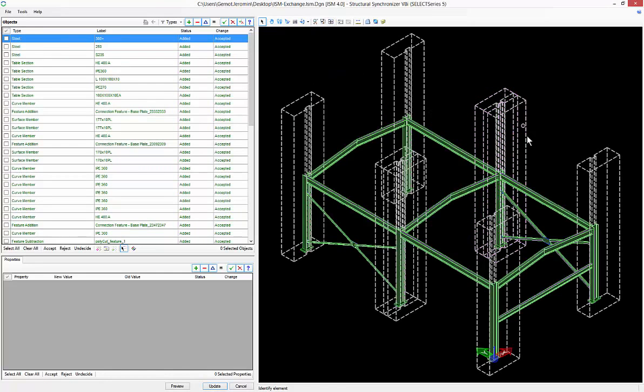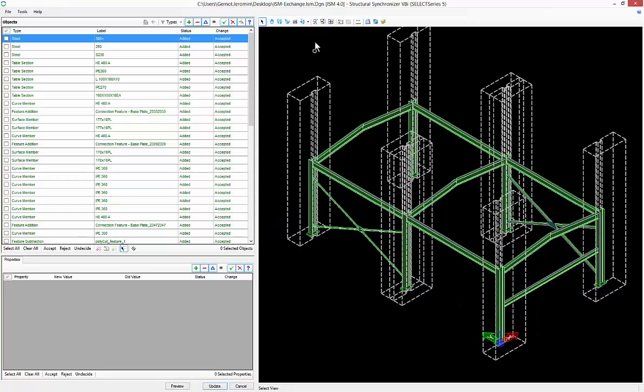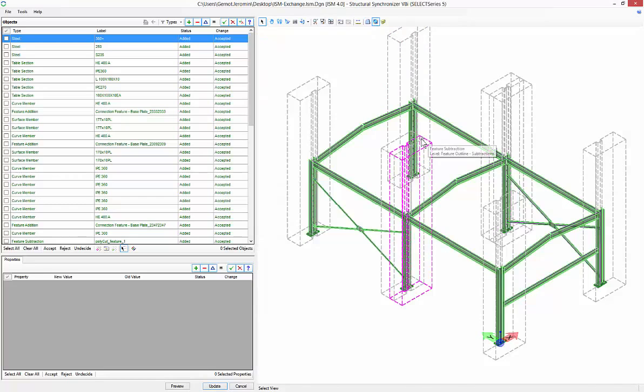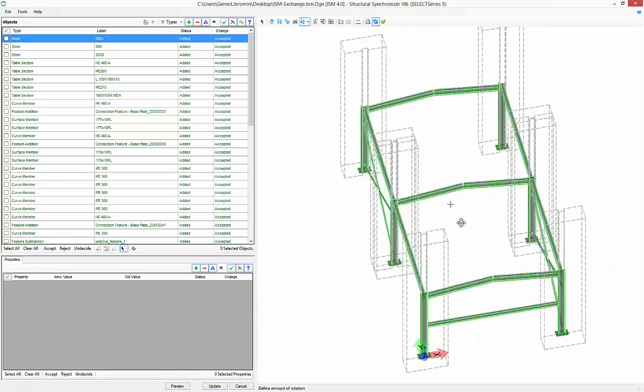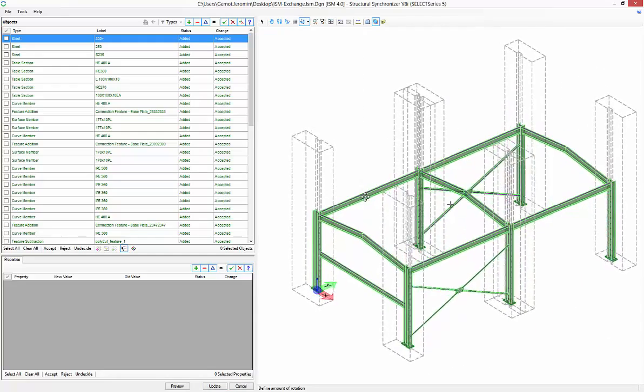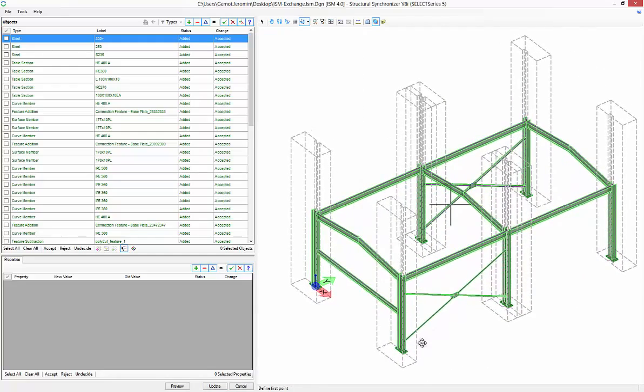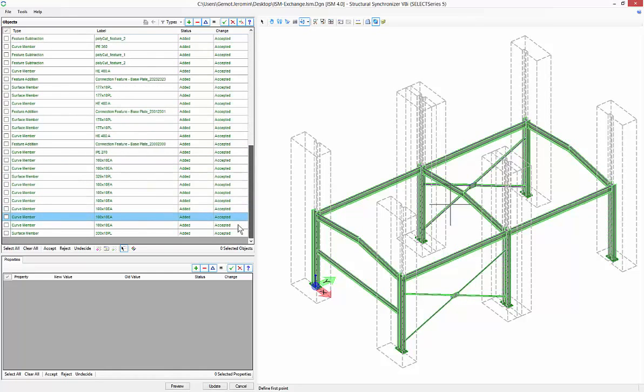And the beauty of the whole ISM interface, it's graphical. So I see what's going on. It's transparent. I can rotate. So this is the project that I'm exporting. I get my base plates. I get all my shapes in here. I have now my angles. And here I have a list of all objects which will be